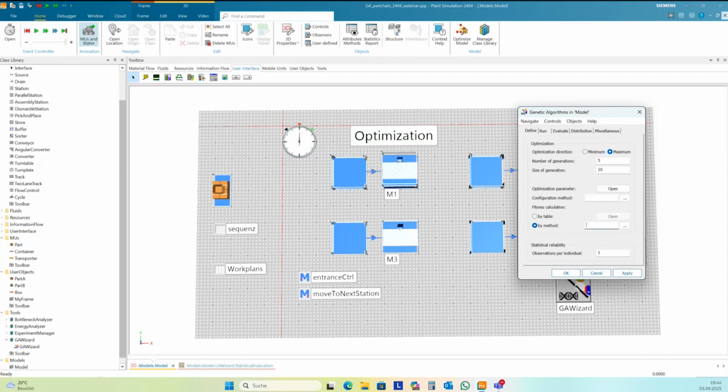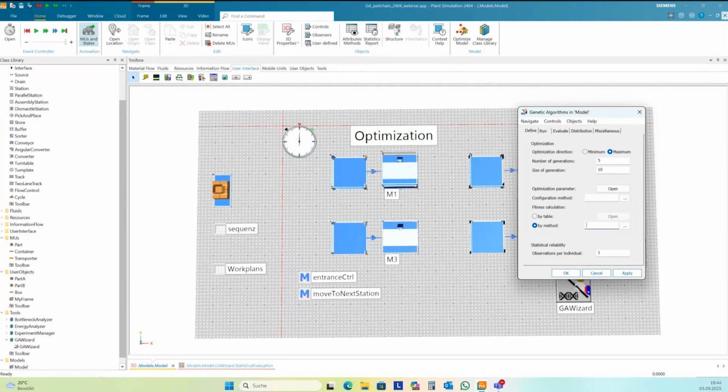We don't have anything here, and if you have some failures or random distributions in your simulation, then you need another generation size to get a stable statistical value. It's like in the experiment manager. And yes, it's a matter of testing if you don't get the results you want.